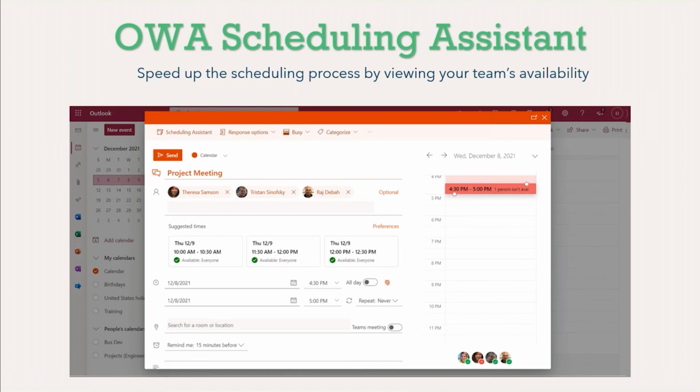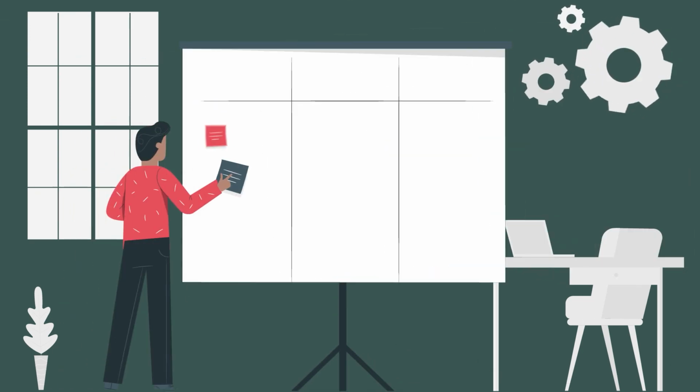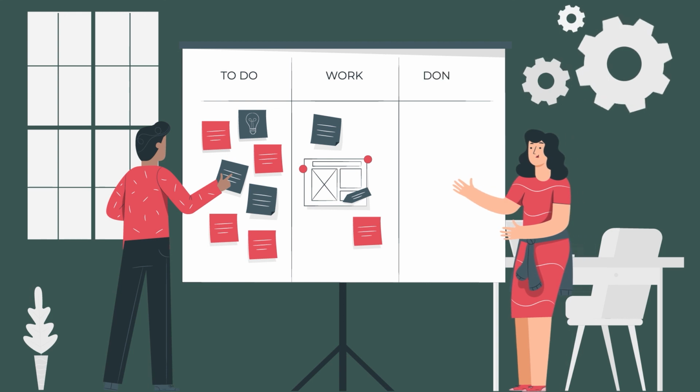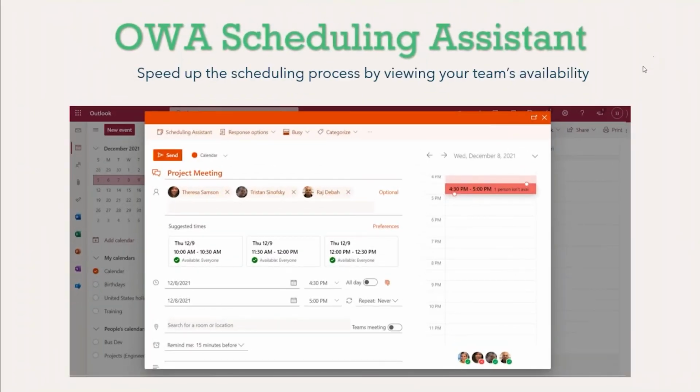If you have scheduled a meeting in Teams, you'll notice that this is also a function that happens in Teams. However, this is a little more feature rich. It does give those suggested times. In Teams, it will let you know if the teammate that you are inviting is busy or available. However, it will not give you any suggested time. So this is a little more feature rich, surprising from a web application, of course, but very exciting. I know internally we will definitely be using this one a little more